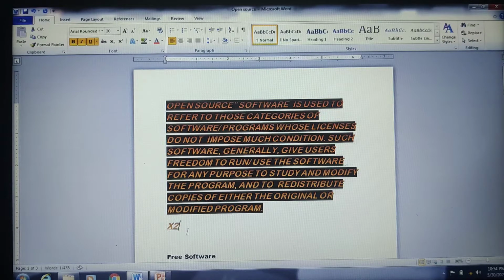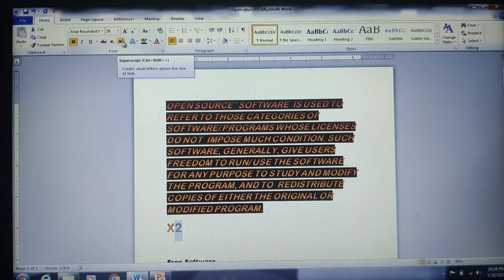So I'll remove this underline and everything, and I'll remove even the italics. I need to select the content first, and then remove the underline, and then remove the italics. I'll just increase the font size so that you can clearly view it. So this 2 I would like to make a superscript.